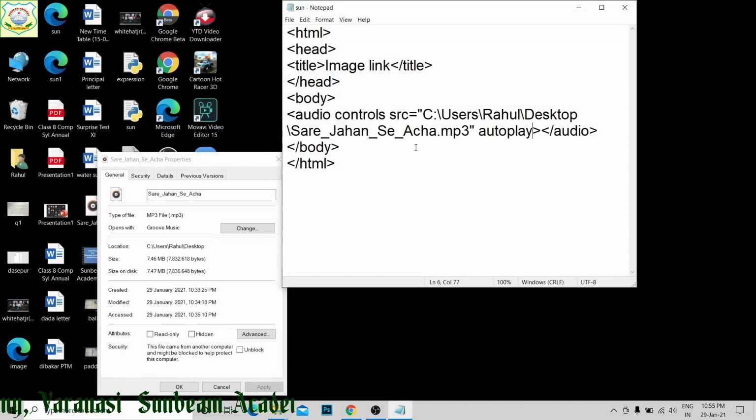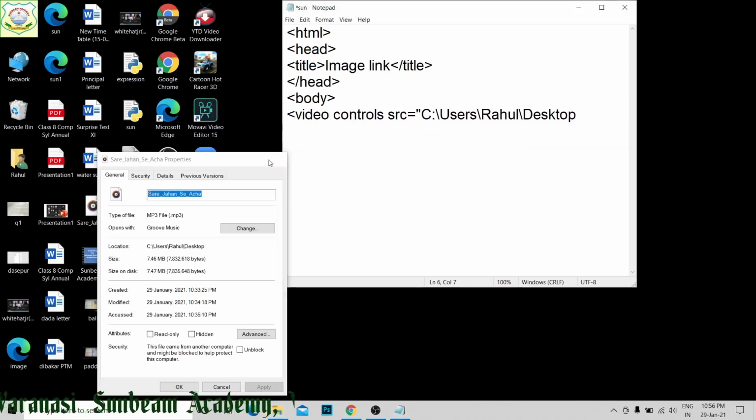Next we will see how to insert video files. For this video tag, we have src, which again specifies the URL; controls, which displays the controls on the web page; then autoplay, which will automatically play the file; then height and width, which display the height as well as the width of the video player. Whatever the video player is, it will be displayed in your size.